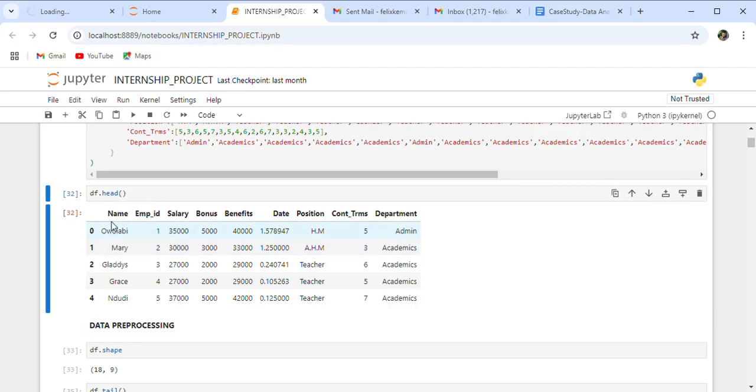I was able to get the names of the staff in the academy. You can see Mary, Grace, Gladys. This is their employee ID. This is the salary per person. You can see Olabi 35,000, Mary 30,000. You see the bonus 5,000, 3,000, 2,000. Their benefits per person